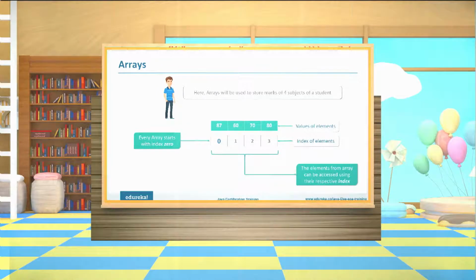Those are the values that have been stored into this array. Okay. We can access